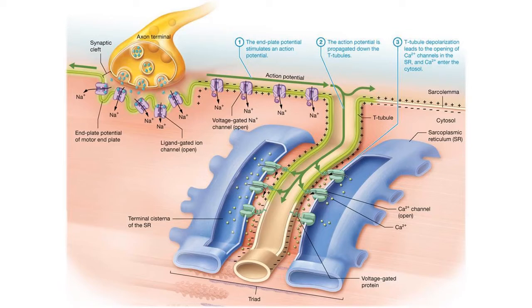So here's a summary showing all of that. Here you have the excitation phase at the neuromuscular junction, and then here you have the excitation-contraction coupling phase. Once your acetylcholine is released, it activates the nicotinic acetylcholine receptors, sodium enters the muscle cell, that causes an end plate potential. That end plate potential will spread to all sides of the motor end plate. When these sodium ions diffuse to the membrane next to the motor end plate that has voltage-gated channels in it,